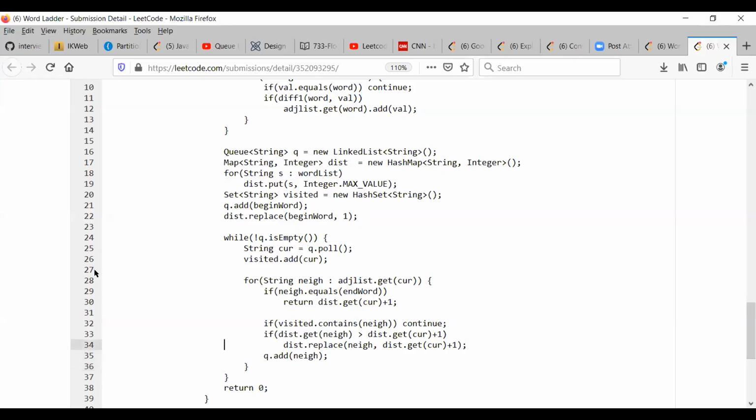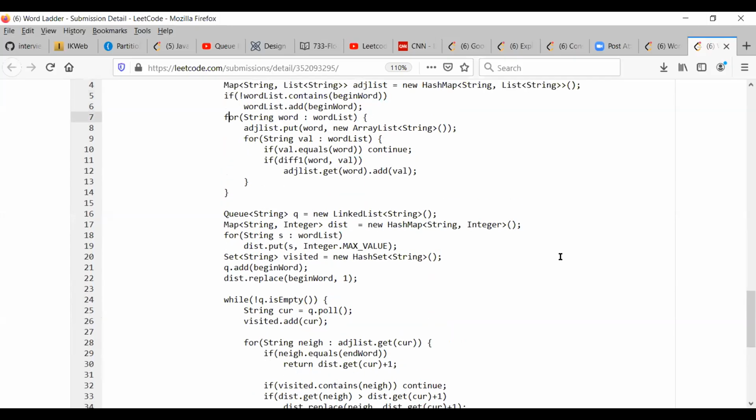Yeah, there are different ways to do it. It depends. But this one passes, this works, right? Yeah, definitely it will work. There is an optimization to creating the adjacency list. What has been done here in lines 7 to 12 or so. We can use the index, yeah. I like that idea.